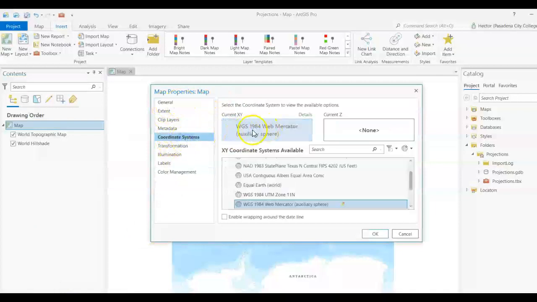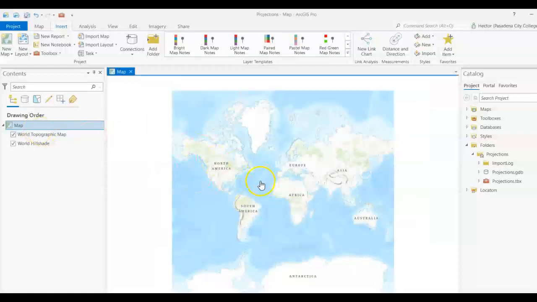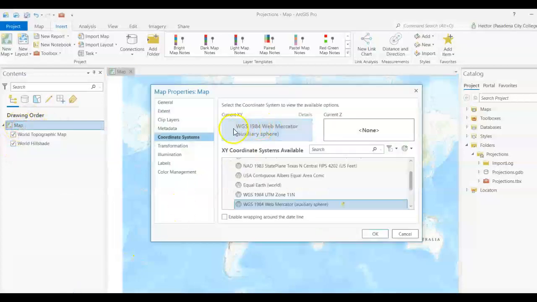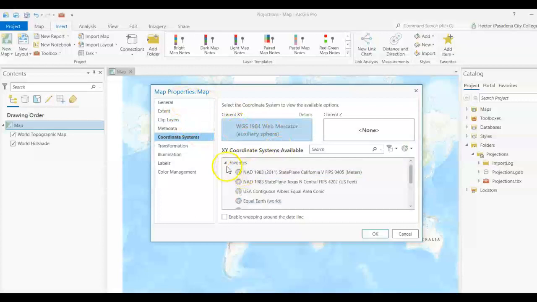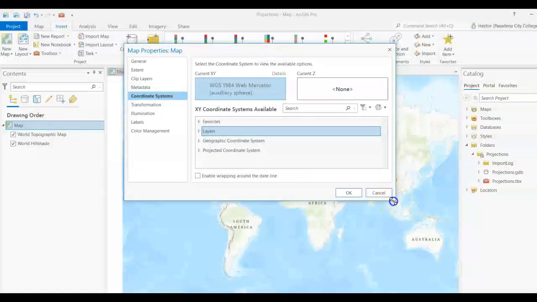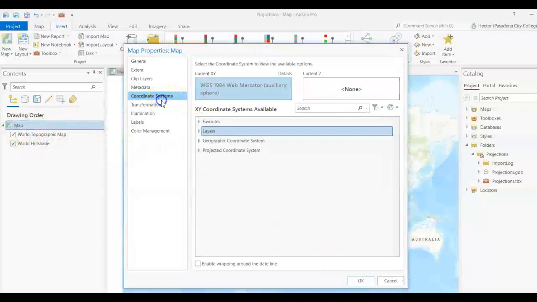So if we go and look at properties, we see here under coordinate systems, right, that we have the WGS 1984 Web Mercator Auxiliary Sphere. And so the Web Mercator is a default for a lot of online projects, okay? So once you add a layer here, however, then the default projection of the map is going to also switch to whichever top layer you add here at the top, okay? So here, for example, if we look at layers, our layers are currently using the Web Mercator, and so that's what we are grabbing for this, okay? So whenever we open the coordinate systems folder through our map layout,